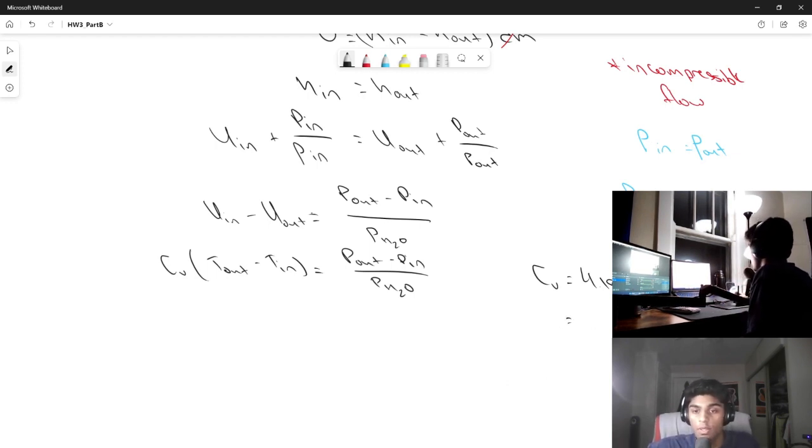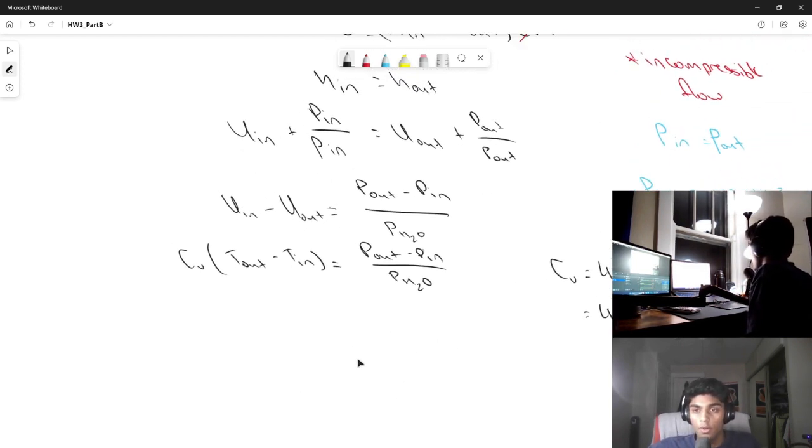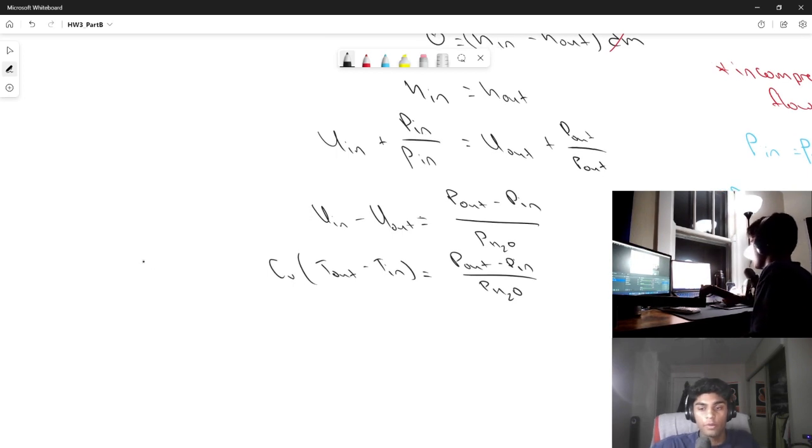So this is going to be equal to 4,180 joules per kilogram Kelvin. So now we can go ahead and plug in our values. 4,180 joules per kilogram Kelvin times, I'm just going to rename this as delta T, is equal to